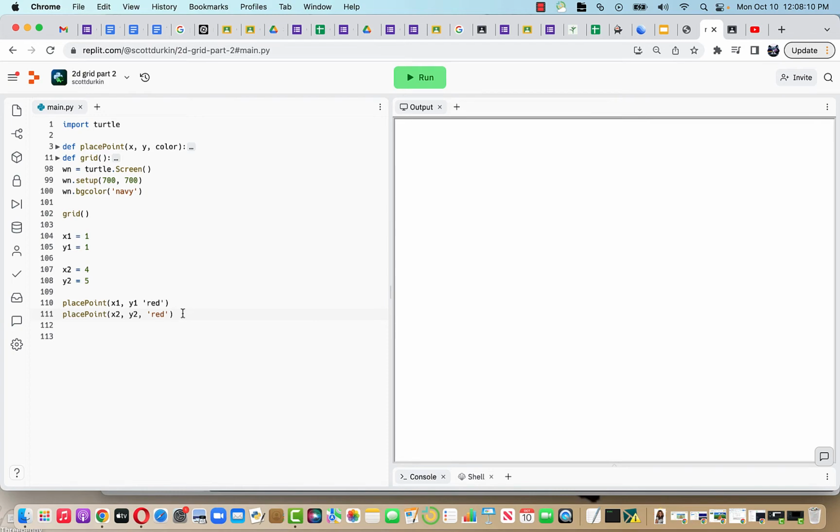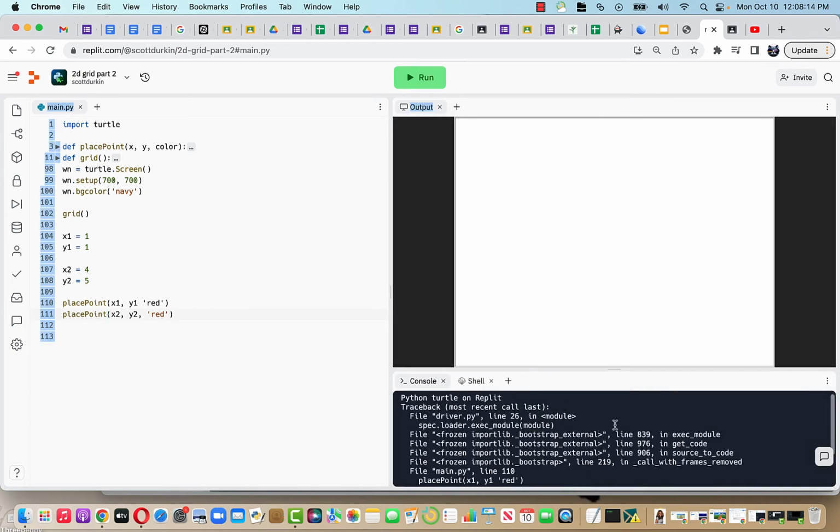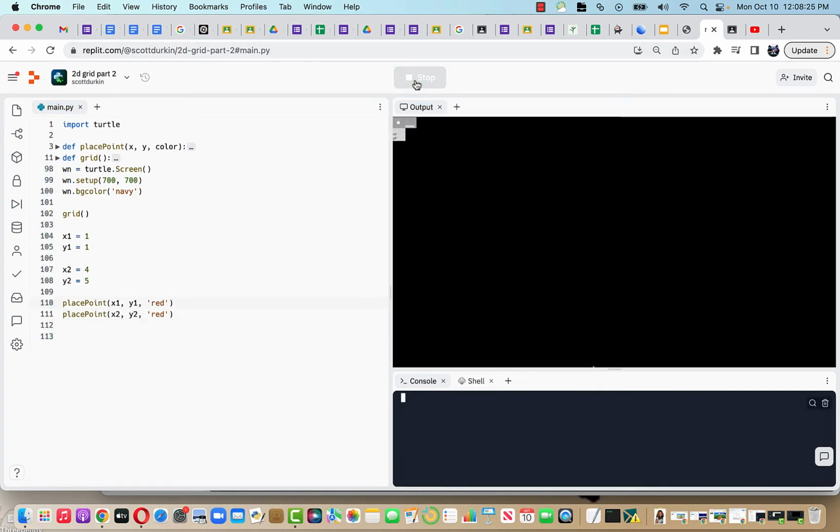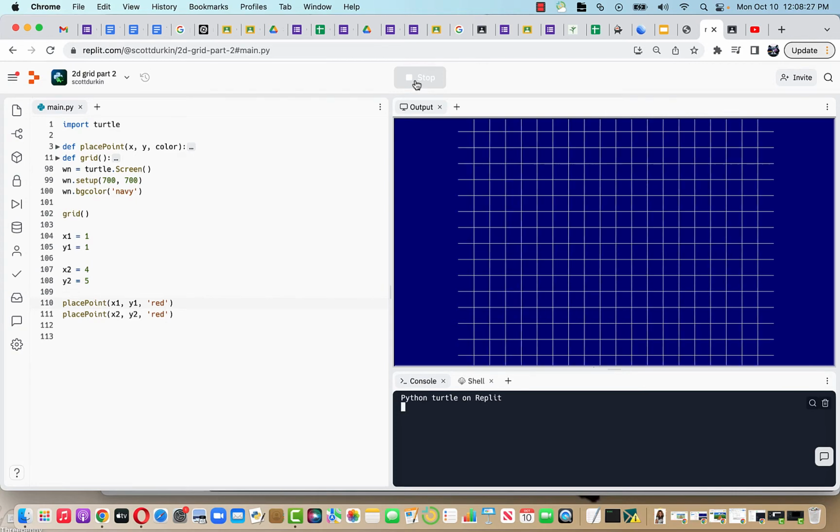Oh, we haven't done place point yet, so it's probably freaking out about that. Yep, it has no idea what place point is. So what I'll do is, well, it should have, what's wrong here? There it is. I missed a comma there. That's what's making it not run. Hard to find your own errors, isn't it? So here, I just want to make sure the points are where they need to be,